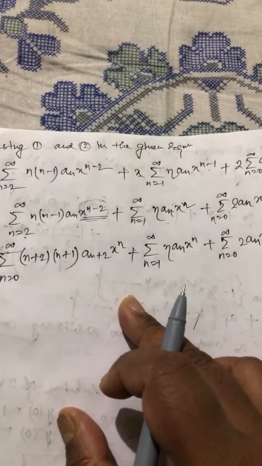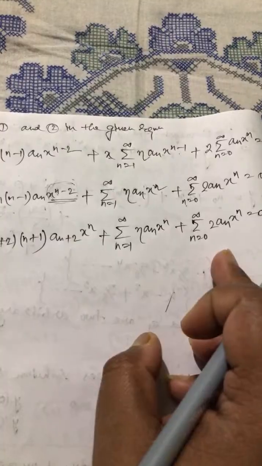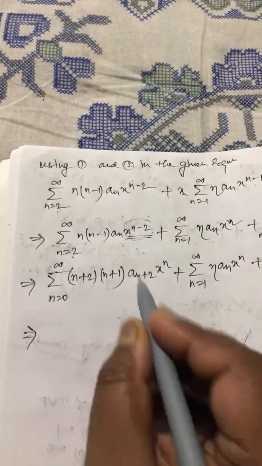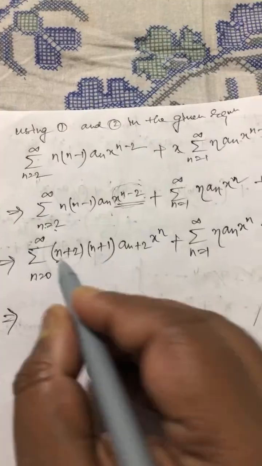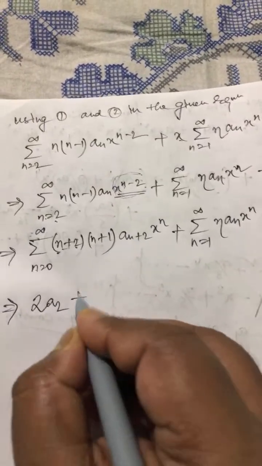Identify the least possible summation. n equals 0 to infinity, n equals 1 to infinity, n equals 0 to infinity. Which one is least? Definitely n equals 1 to infinity is the smallest summation. So convert the other summations into something plus n equals 1 to infinity. So putting n equals 0 into the first, that is 2 a2 plus